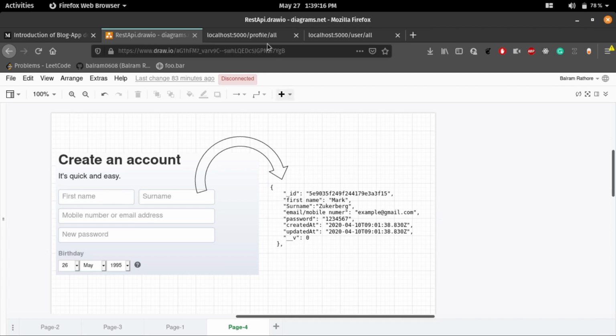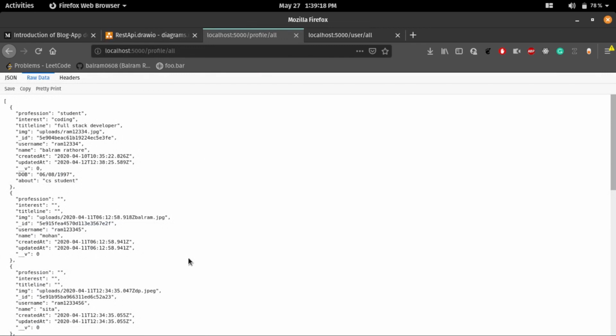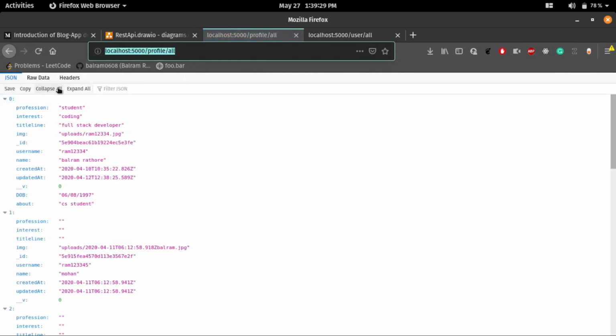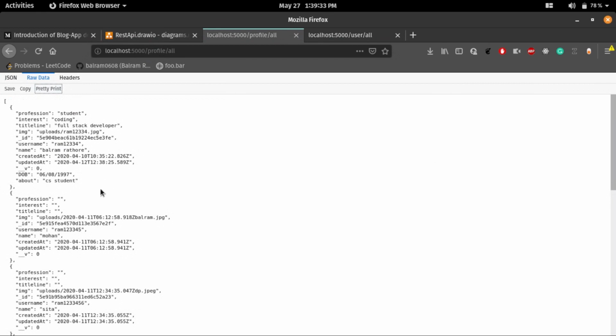And this is what JSON data looks like, and the URL to which you make an HTTP request is called an endpoint. It will look like this. If you don't know, an endpoint is a URL where you make an HTTP request. This endpoint will make an HTTP GET request to fetch all the profile details which are stored in my database.